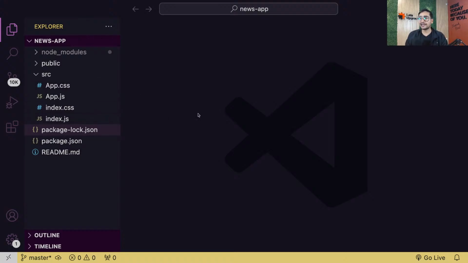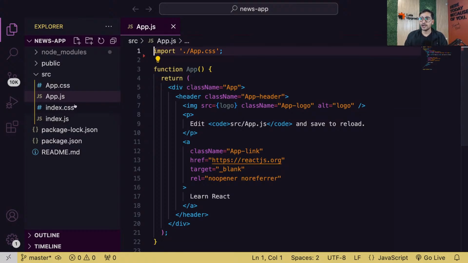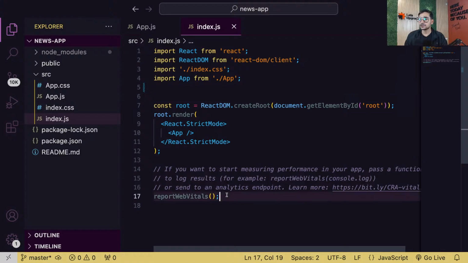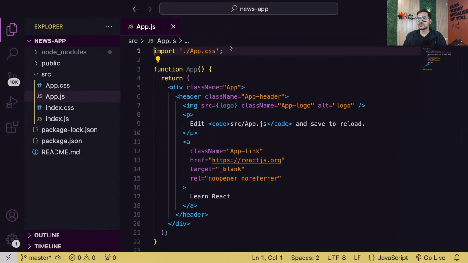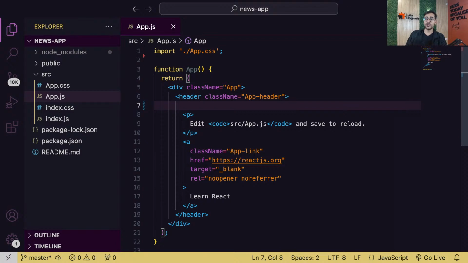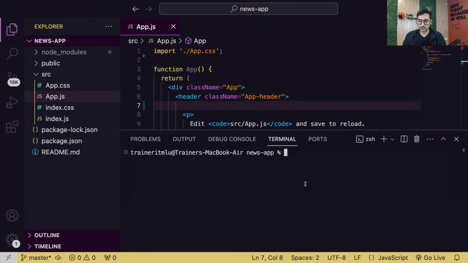So guys, we have a fresh project now and let's quickly run it. And also let's go in app.js and now that we don't have the logo, this line will give us an error. So remove that quickly. And now that we also don't have the reportWebVitals file, let's also delete the dependency of it wherever we have imported it. So delete all that stuff as well. And if you want to stop strict mode, you can stop strict mode from here. But again, we don't need that, so let's leave it. So guys, we have a fresh project and let's remove the logo file from here because it's not imported now. And now let's run this project quickly. Fresh project, nothing done in that. So quickly npm start.